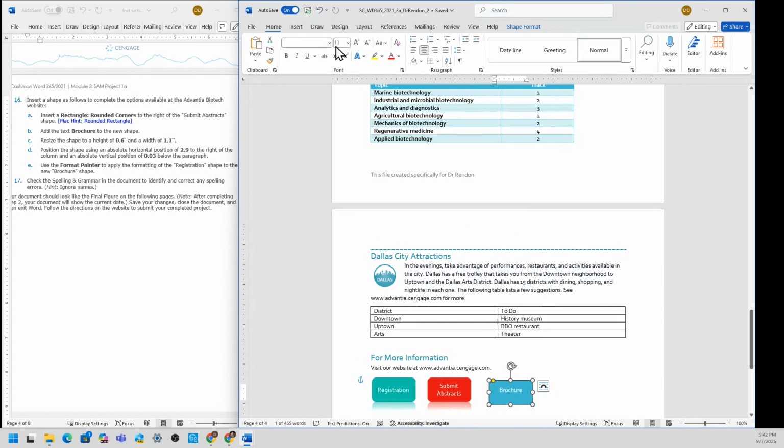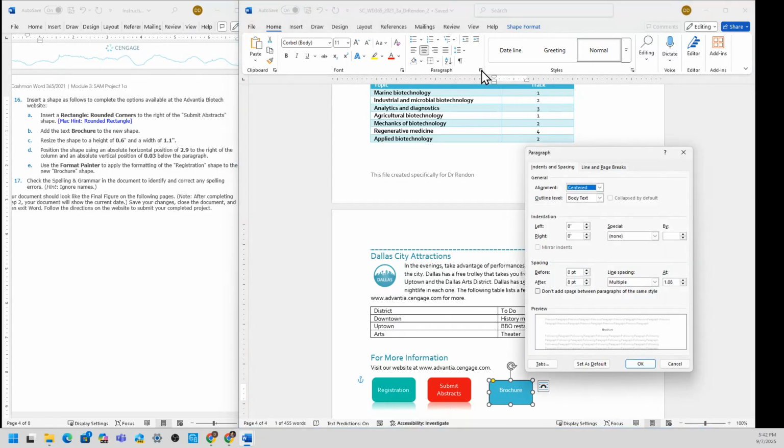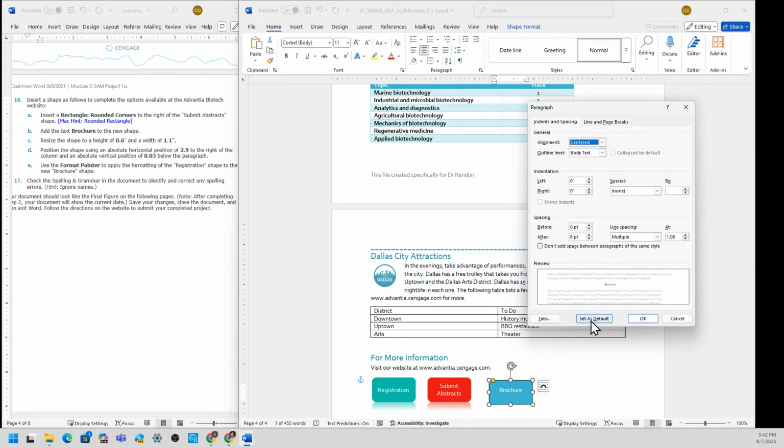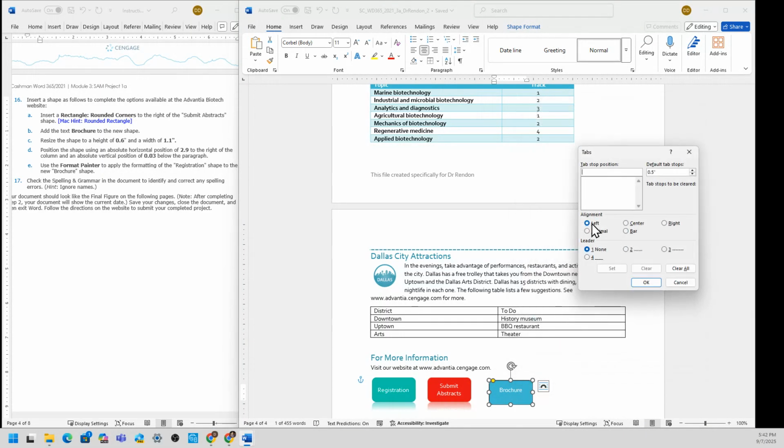So select Home, select the paragraph group, diagonal arrow, select Tabs, and the tab position should be 2.9, and to the right of the column, to the right of the column in absolute vertical position.